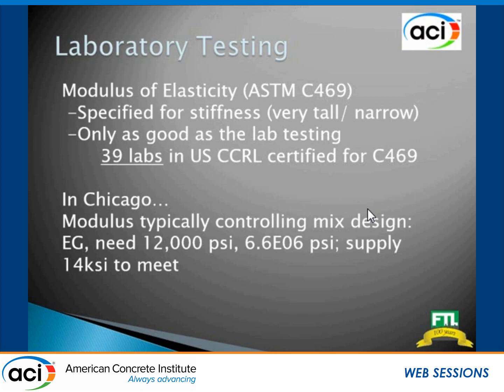Again, it's definitely something that needs to be considered when you're going that route. And in the development phase, usually the testing lab is hired about a week before the job starts. "Hey, we're building a 40-story. You want to come out?" Sure. They really need to be involved more in that early mix development phase with that producer, so that everybody's